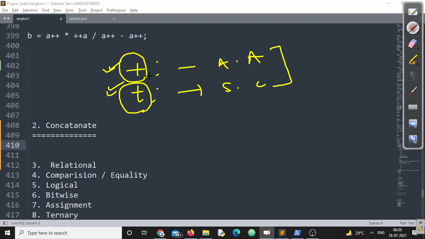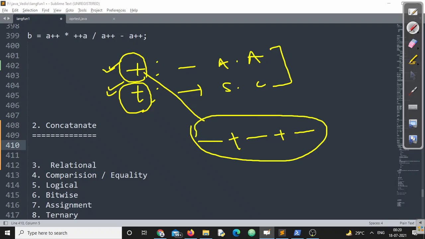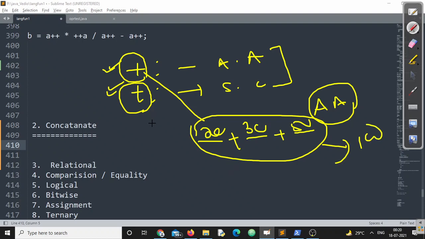If all the operands, I repeat, if all the operands are numeric values, then the arithmetic addition operator will operate. If I say 20 plus 30 plus 50, 100% sure, what am I going to get? 20 plus 30 is 50, plus 50 is 100. Now, if the operands are string operands, suppose I am writing Odisha followed by, in double quotation, state, and you know anything enclosed within double quotes is called a string.